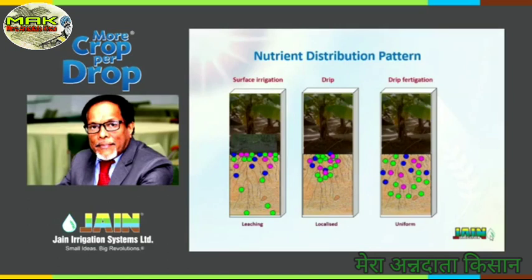Even there, the fertilizer moves a bit with the irrigation that comes later, but the distribution in the rhizosphere, in the root mass, is not uniform. It becomes localized. Then you have the final one, drip fertigation, where water carries small doses of fertilizer, so much so that the water is not highly salinated. That's a very important point. You will learn it later as I go ahead.